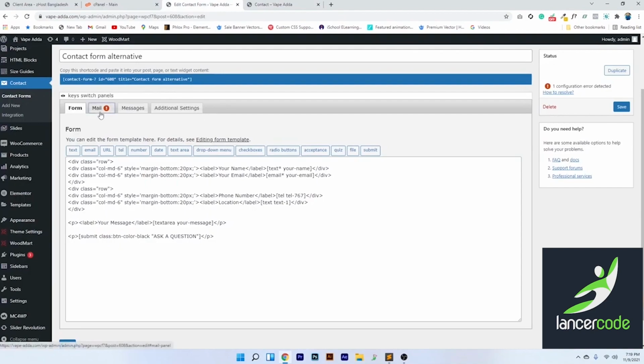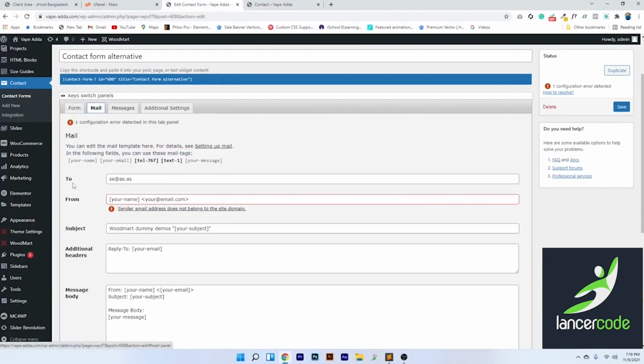So we will go to mail, and from here we will set up the "To" field. So "To" is actually where this information will go. That means in which email this information will go. When a user submits the form, this information will go to an email address. So we will set up that email address. So here I am setting up the email address,